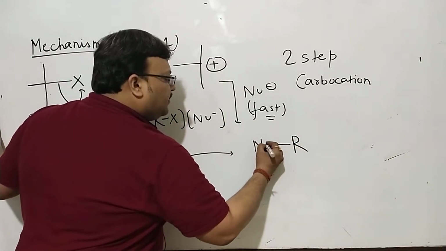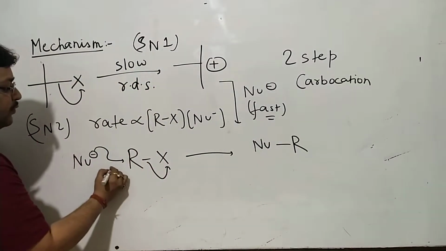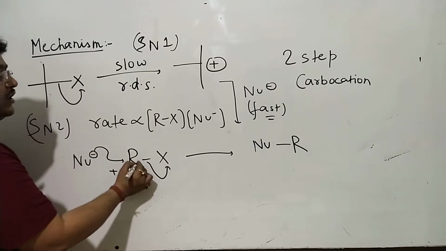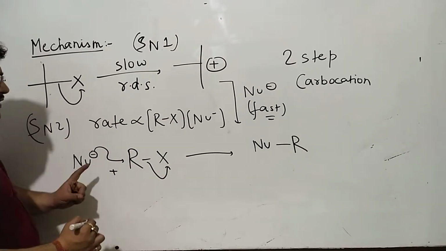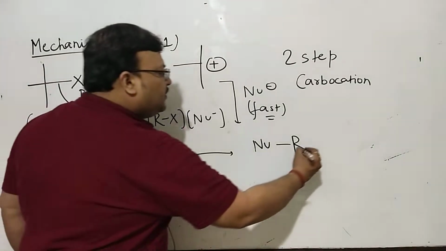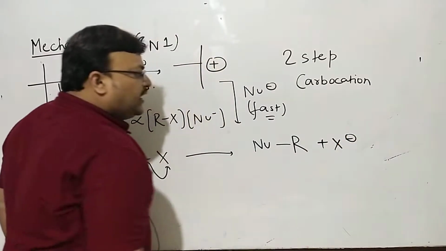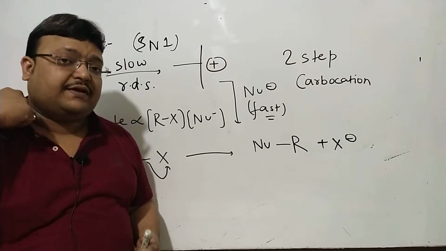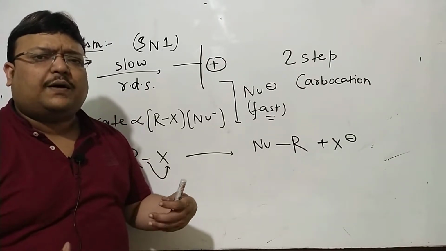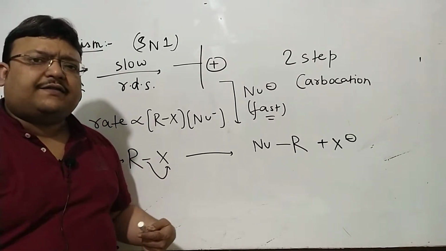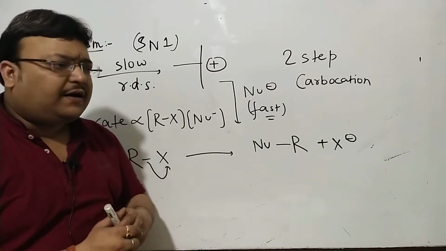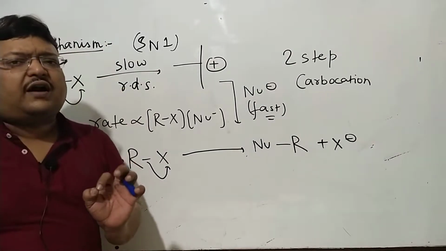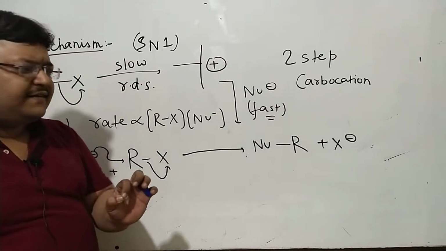Where naturally both are involved. It's a one-step process where both are involved and both are featuring in the rate law expression. It's a one-step process. No carbocation is formed. And every time a carbocation is missing, every time an intermediate is missing, if in a reaction mechanism there is no proper intermediate, it's supposed to happen via a so-called transitory state. It's called a transitory state.